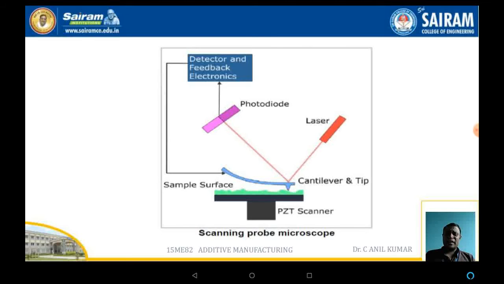This slide shows the schematic diagram of the scanning probe microscope, which consists of the sample. Over the sample is a cantilever beam with a tip that is in turn connected to a detector. Over the cantilever beam, a laser and a photodiode are placed. The movement of the cantilever along with the tip is sensed by the laser, and this is passed to the photodiode, and the information is stored in the computer.